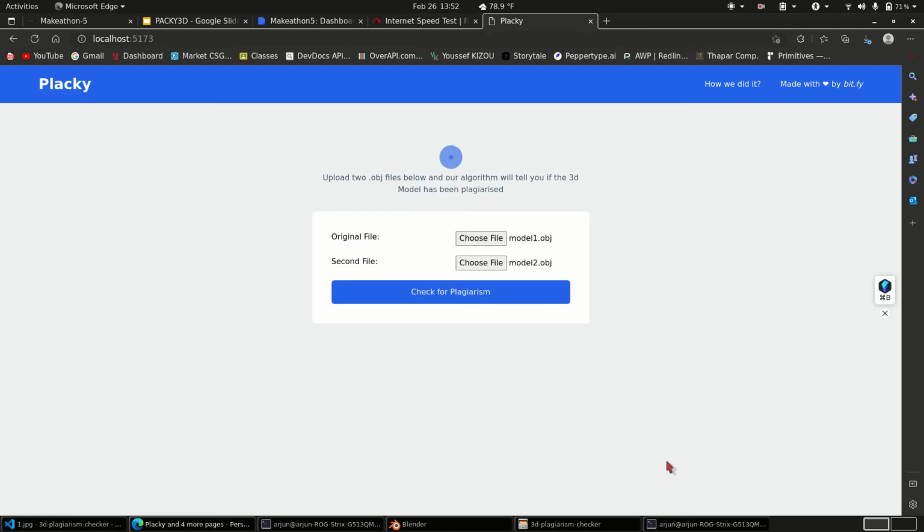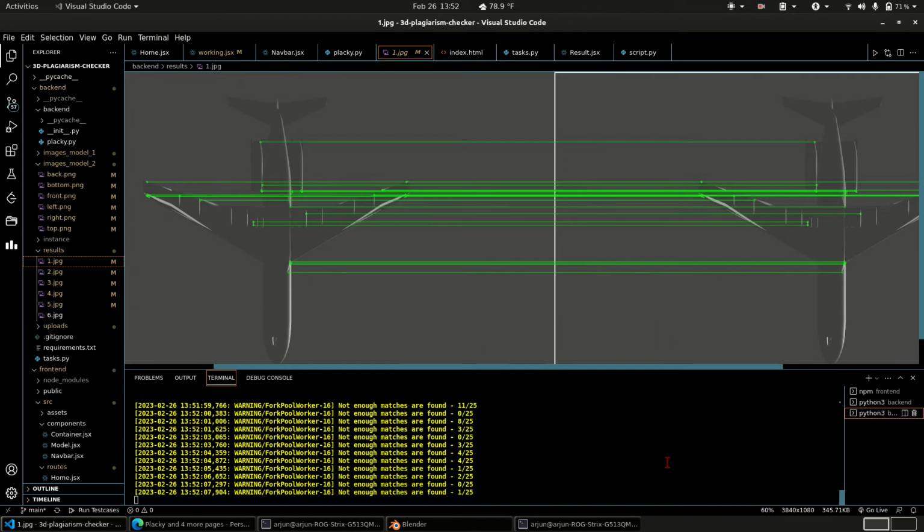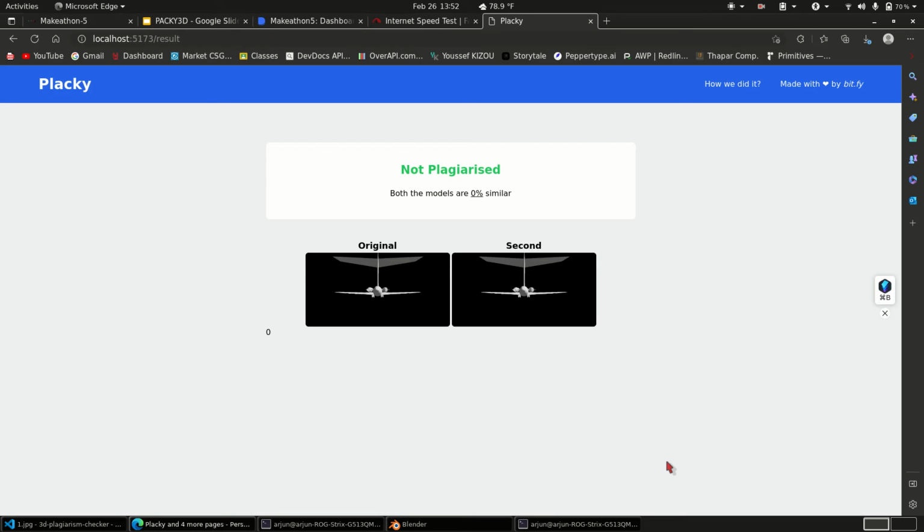And we can see the front end says it's loading because the ML part is currently executing. Now it says succeeded and the front end renders it. You can definitely see the piano here and the aeroplane model here, and it is not plagiarized because obviously it's